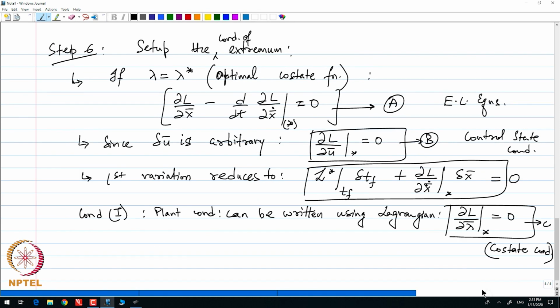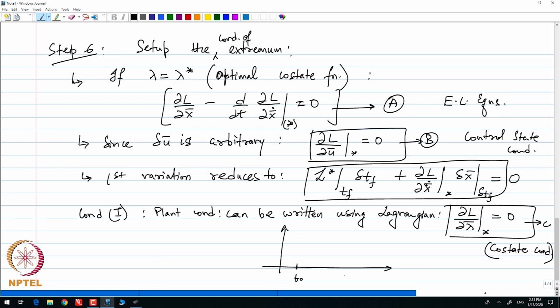Okay. So, now let us look at one more thing. Now, I need to write this boxed quantity in a slightly more convenient form. To do that, let me see what these variations are, right. What are these variations? This is at delta Tf. What are these variations? Let me try to see how these curves look.